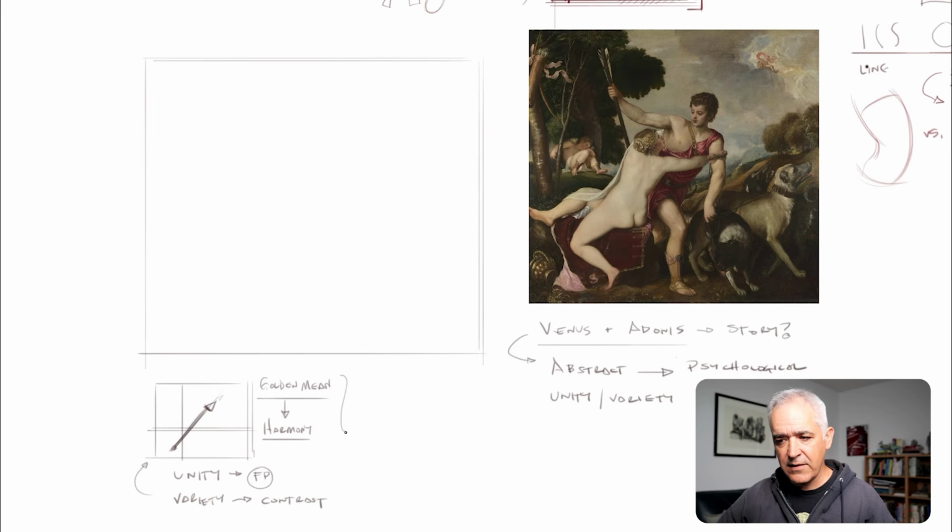And I would say the resulting emotional or psychological takeaway from that is tension. And so what is the tension? Well, Venus represents this position of love, warmth, desire, the embrace. And Adonis is compelled instead to leave for the hunt. So we have the activity of the hunt superseding this erotic fixation, or this home base, which would be Venus in the picture.